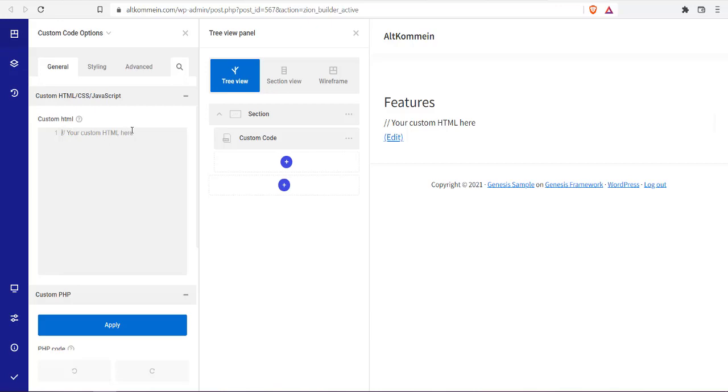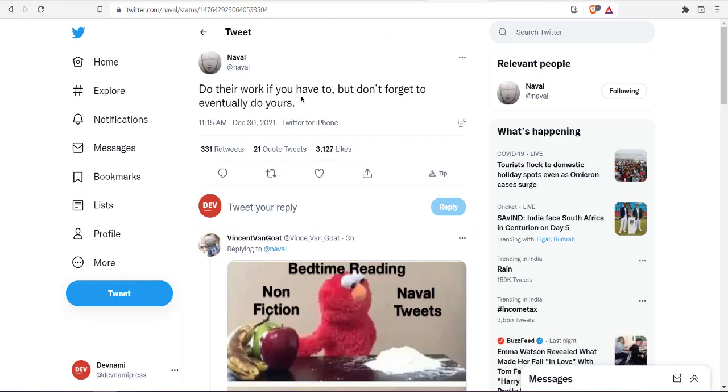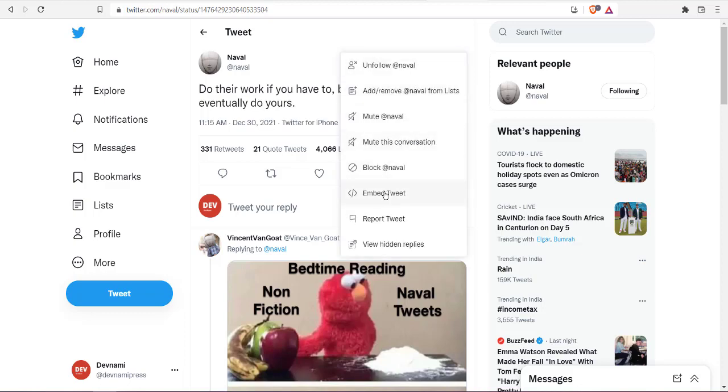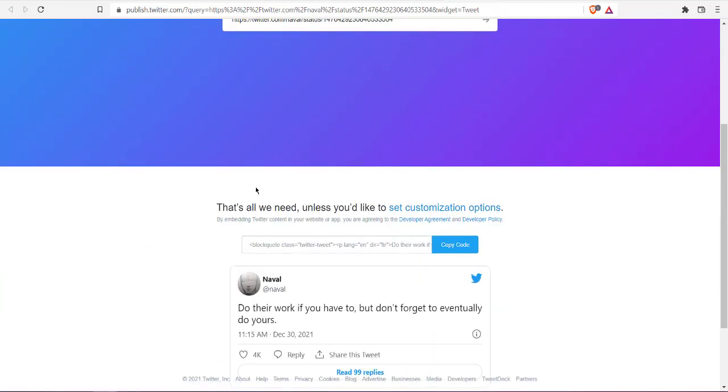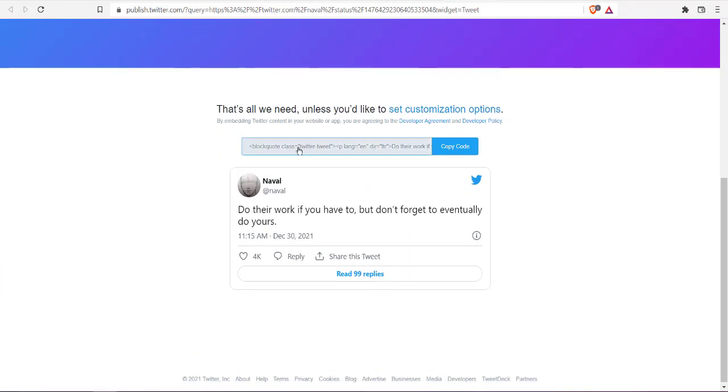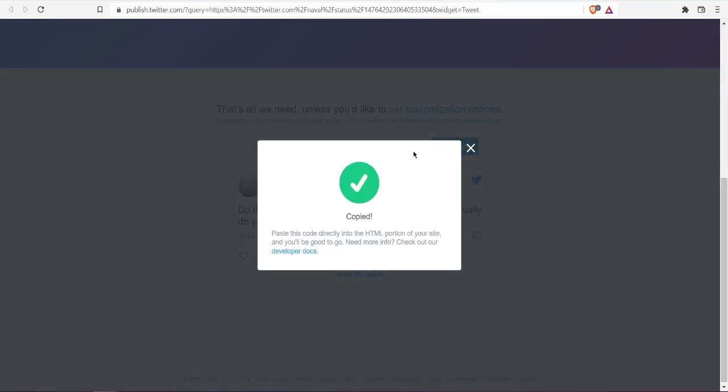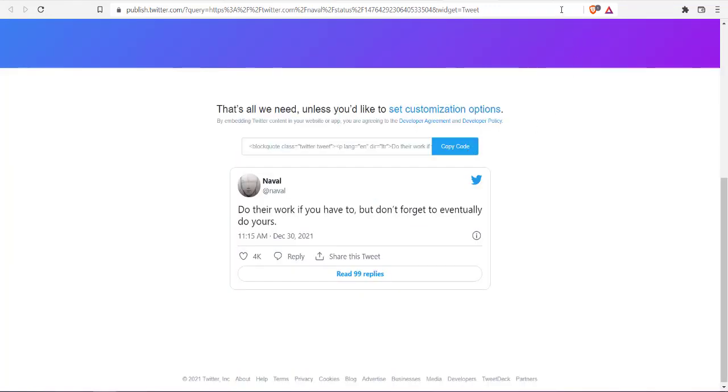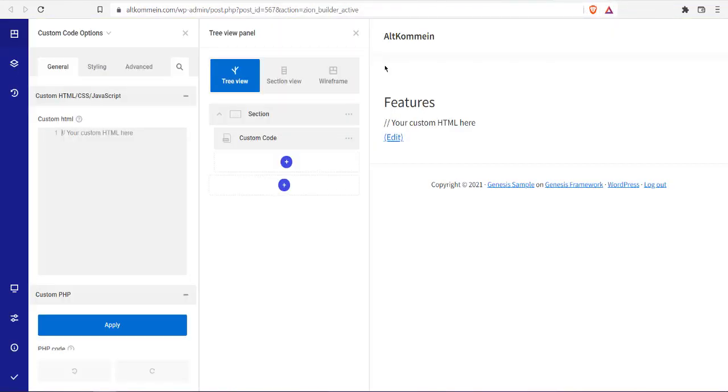So what we can do here is simply go to the tweet which we wish to embed. So this is Noel's page, and he has a bunch of tweets. You can choose one to embed. So select from this 3-button menu, click embed tweet, and here we can find embed code, copy the code, come back to the page where you wish to embed it